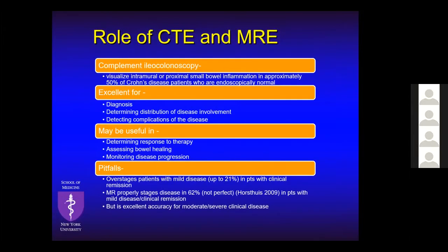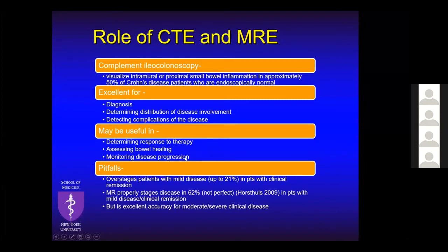And so what it's thought to be is that it complements ileocolonoscopy. You can visualize small bowel inflammation in about 50% of Crohn's, even when they're endoscopically normal, usually because they can only get to the TI, right? So they can't see more proximal disease. It's great for diagnosis, determining distribution and complications, perhaps, and